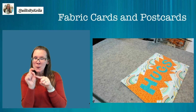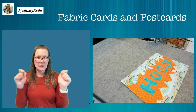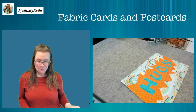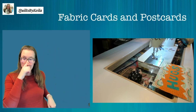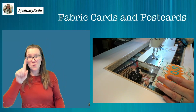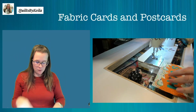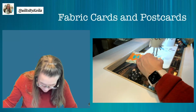For the letters, I'm going to use a pretty tiny stitch size because that will help me negotiate the turns without creating really strong angles. So let me switch up the camera and hopefully you'll be able to see. So I'm going to start in the middle of my postcard, which is always a good idea. And I'm going to use a 1.5 really tiny stitch length, but I think it will help me get around